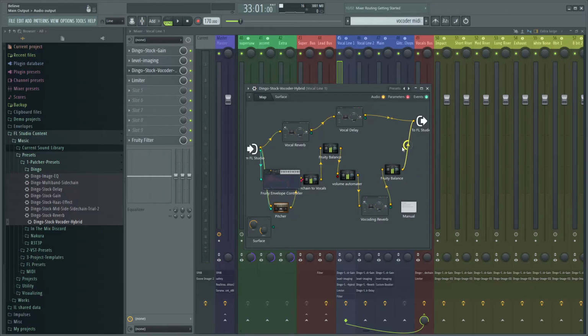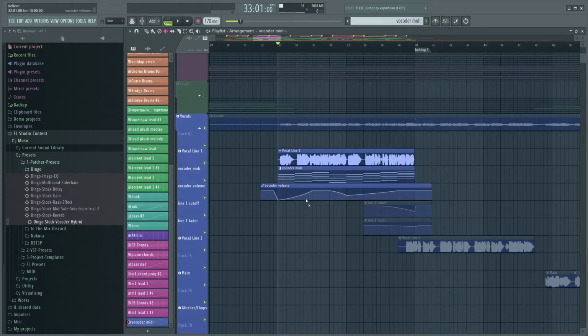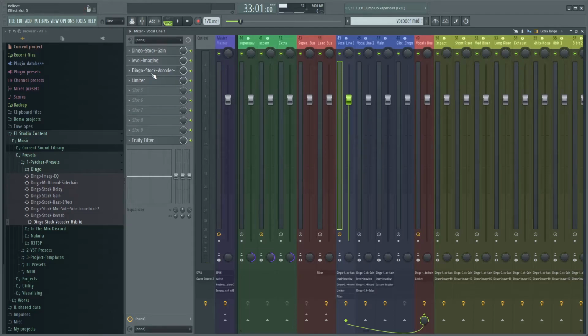And that's pretty much the long and short of it. So I'll go ahead and play it out without the automation so you could just hear the vocoded layer in